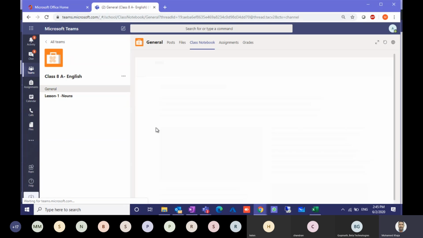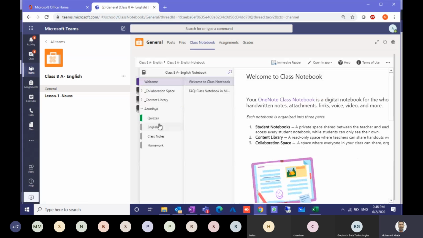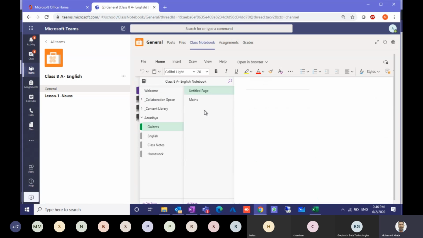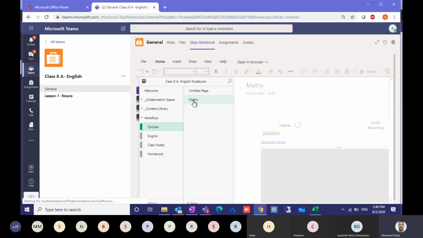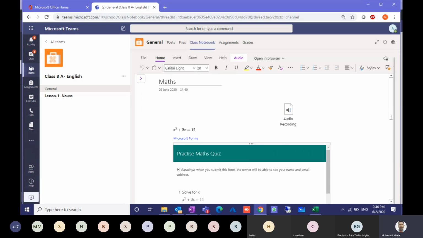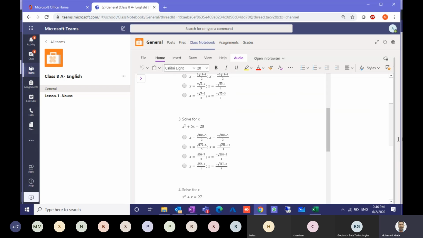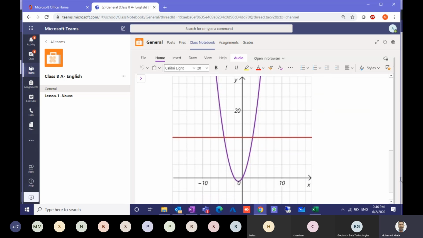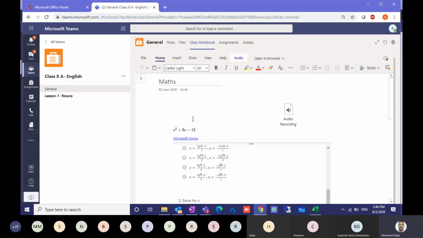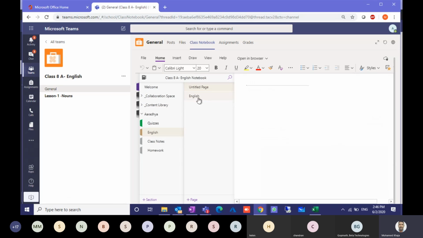It is recommended to use the desktop application, so it will be very helpful. You don't need to refresh, it will be done automatically. See here, the marks page in the quiz tab, what I have shared is reflecting to the student. So what I have generated, I can distribute like this. The student will have the view of what the teacher has distributed. This is the student view, and we have also shared one English file, which is also reflecting in English.